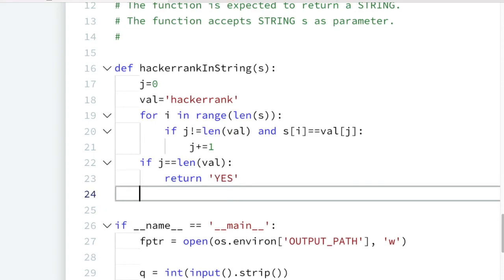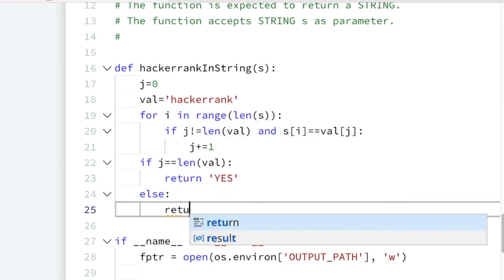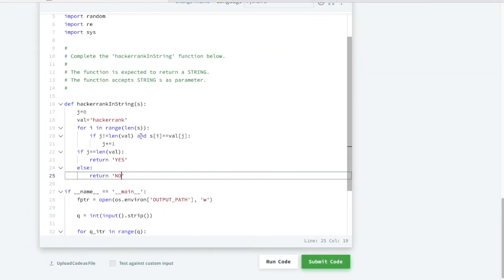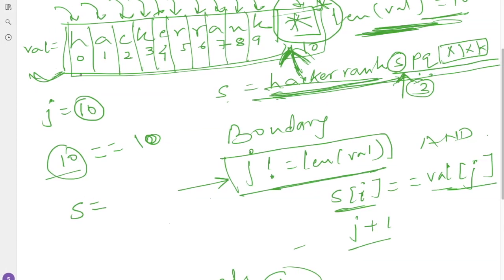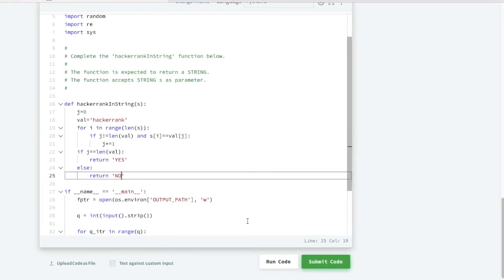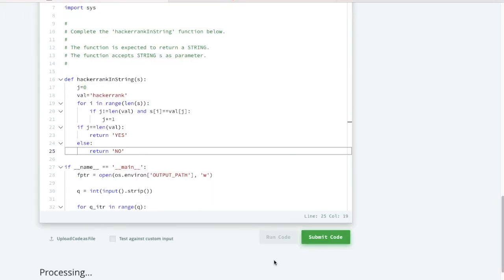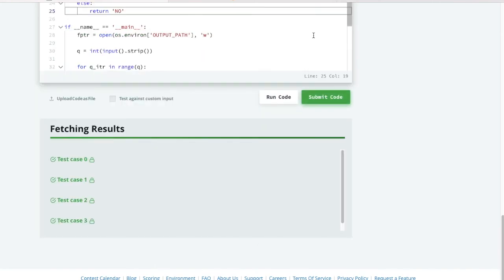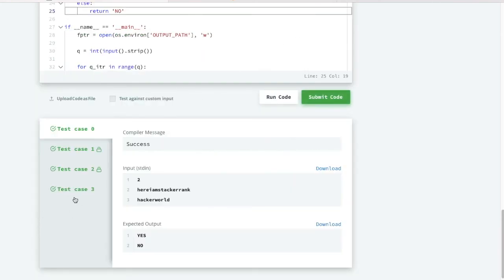Otherwise we are returning no, else return no. So we are done. It's the same logic which I have explained over here. So let us run this code. So you can see here it is passing the given sample test case. Let us submit this code. So you can see here it got passed.